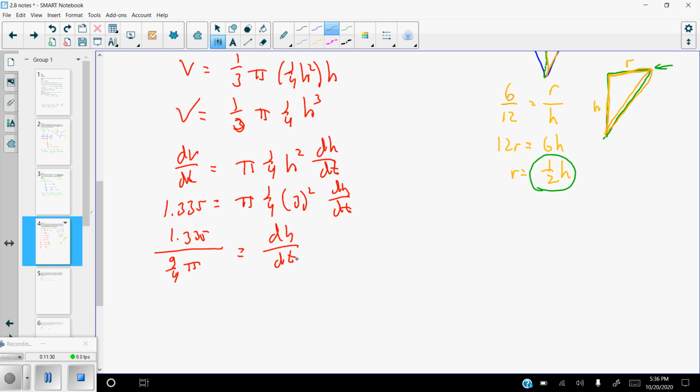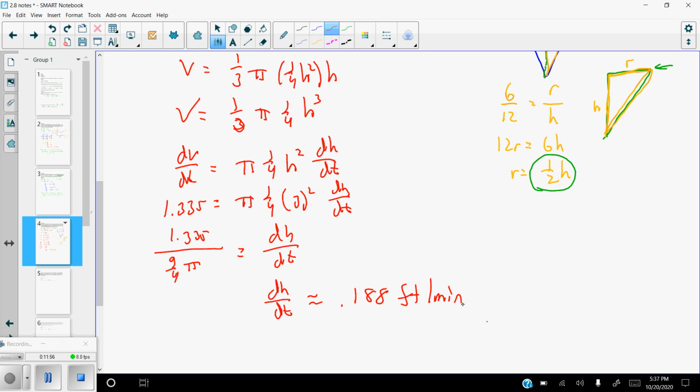Make sure you plug this stuff into your calculator the correct way, because if you don't, you're going to end up getting the wrong thing. I would strongly suggest putting the 9/4 pi in a big parentheses when you divide it, because otherwise you may end up multiplying by something you don't intend to. So dh over dt, after you put that into your calculator, and I already did that, is 0.188 feet